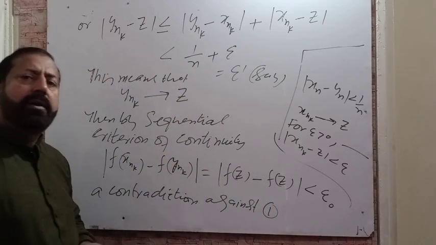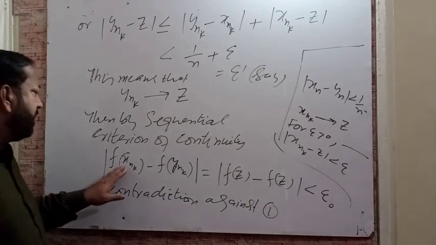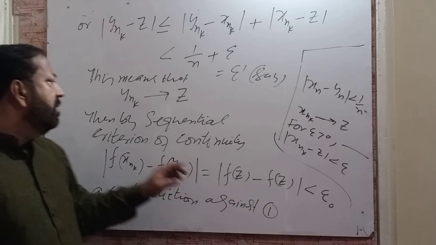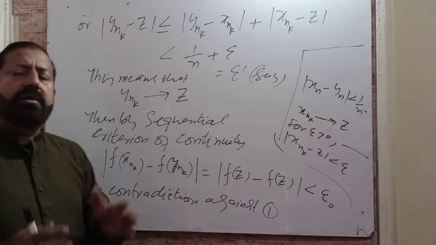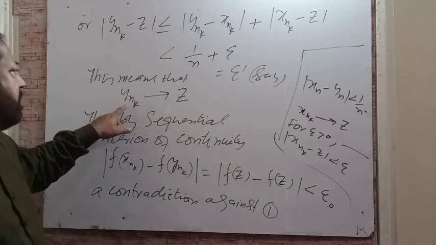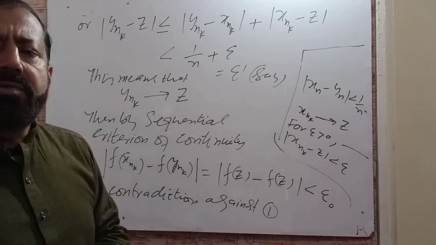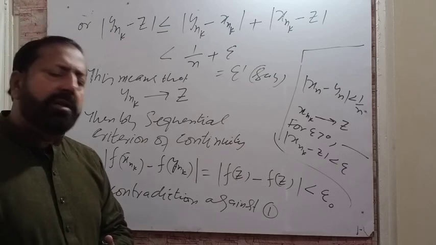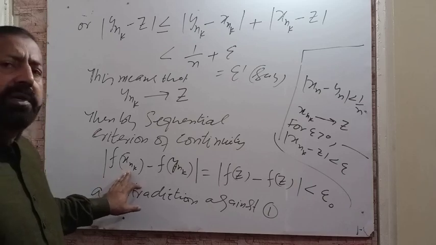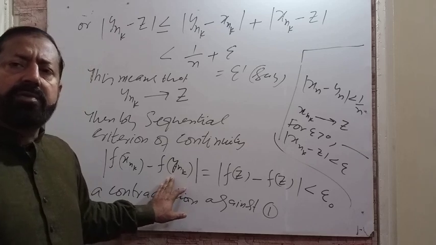Against 1. Okay. Then by the sequential criterion of continuity, you have seen that f(x_nk) tends to f(z) and f(y_nk) tends to f(z), because you have assumed that x_nk is converging to z, and you have established that y_nk is converging to z. Then by the sequential criterion of continuity, it is so easy that the corresponding values of their sequences, f(x_nk) must be converging to f(z), and f(y_nk) must be converging to f(z)